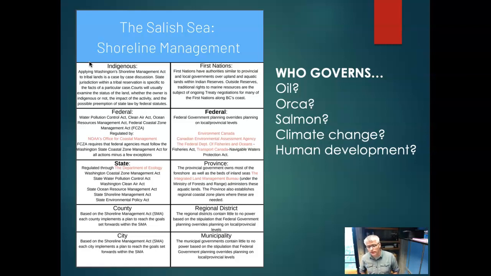One example of that is the Cherry Point Coal Terminal, where the Lummi tribe argued to the U.S. Army Corps of Engineers, who was in charge of issuing a permit to build a coal loading facility just north of Bellingham. Their statement was that the impact of that terminal, specifically the ships coming in and out every day, would impact the treaty right, which is a federal trust responsibility and the supreme law of the land. And so that impact of the treaty right ultimately led to that permit being denied.